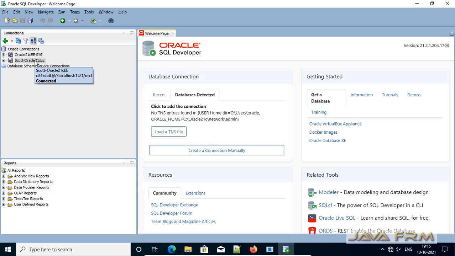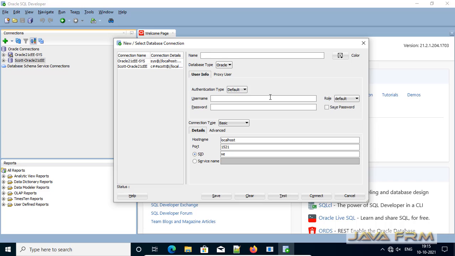Now what I am going to do is disconnect this one and create one new connection. I am trying to connect to the pluggable database named ORCL PDB, which is installed by default.